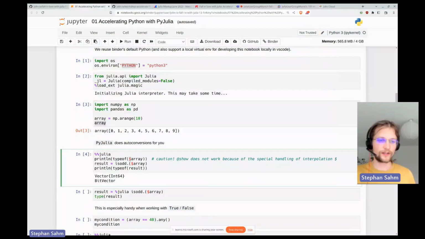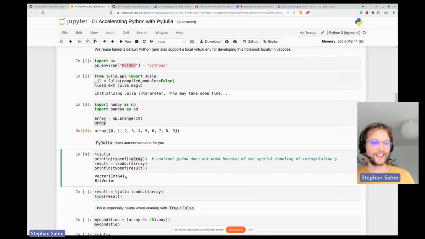And actually, this Julia magic has a little extra magic if we use PyCall, which is also super nice. We can use this $ sign to get Python variables inside Julia. In Julia, we call this interpolation, and it's used in many places along the language. But here it's especially useful to switch between the languages. So we see that this array is coming from Python, and we run it inside Julia. And what we do here is print out the types,